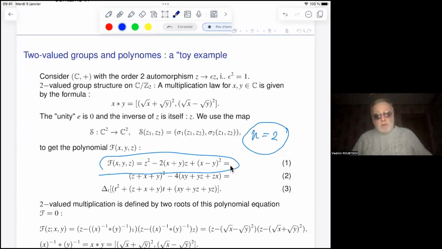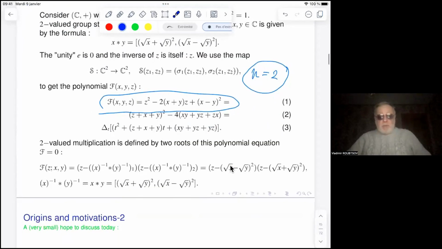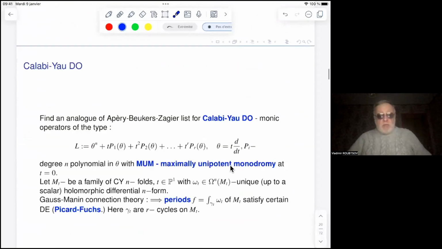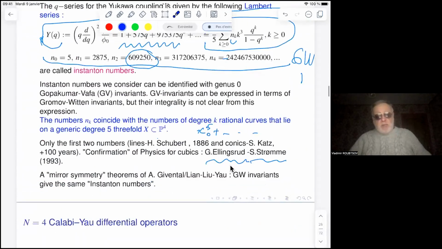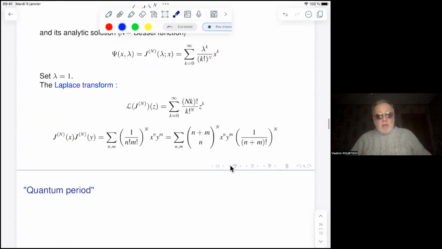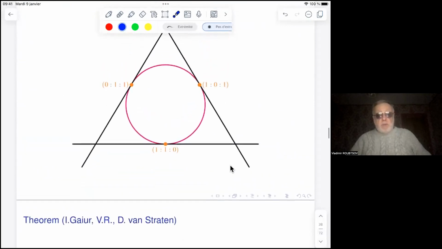It is a very important object, and maybe it will be the subject of my next talk, but not today. Okay, so we stopped last time at the interesting combinatorial problems,